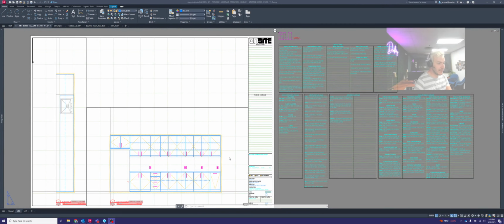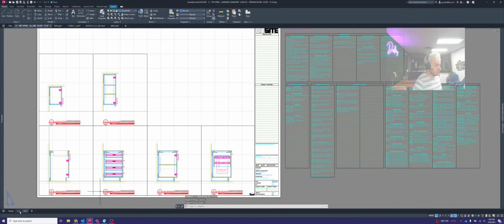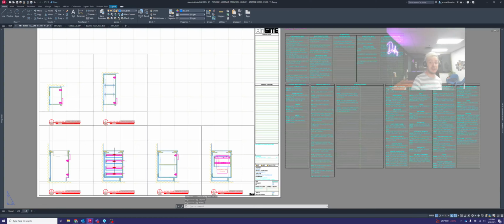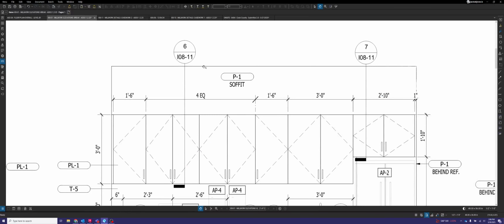So we have all of our viewports and view titles all labeled and set up correctly within our paper space here. Our first page includes our plan view and our elevation view, and the second page is going to include all of our section views through the upper cabinets as well as the lower cabinets or base cabinets here. So as we get into plotting this, we're going to refer back to the